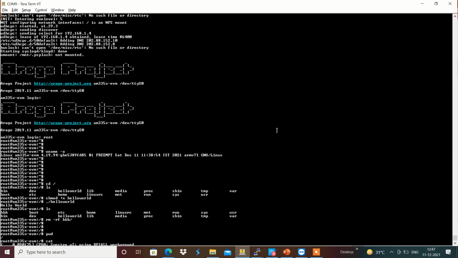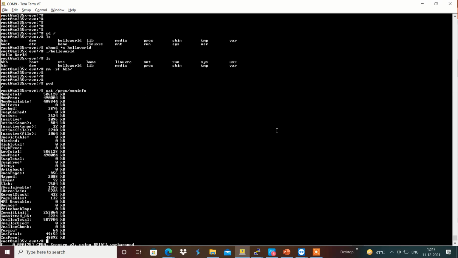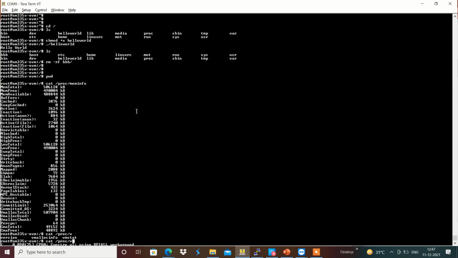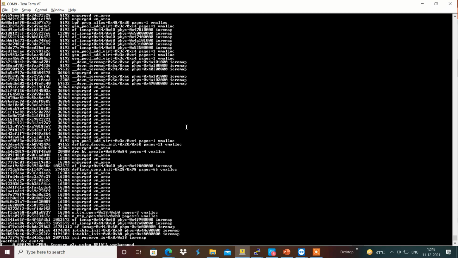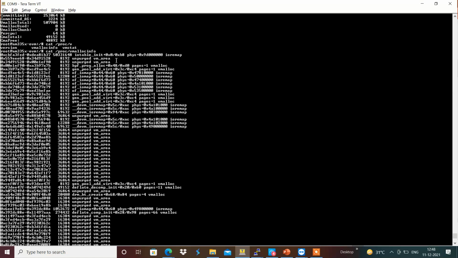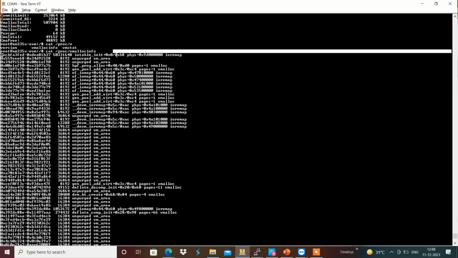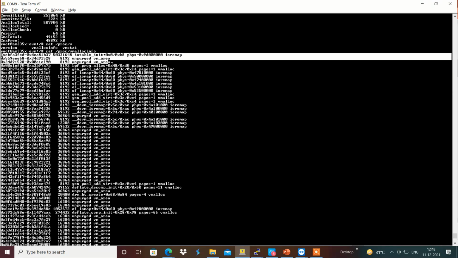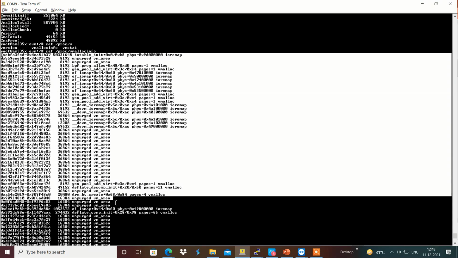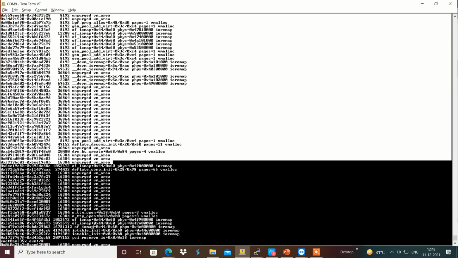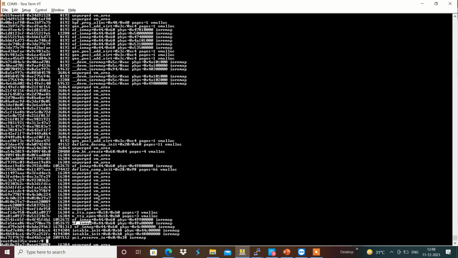For example, we can see it with cat /proc/meminfo. Here, in the proc vmalloc, this space to this space was used for the IO table, and the virtual memory area was used for the IO remap, and like that it was already defined in the allocations of the virtual memory.